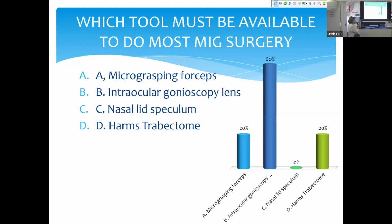All right, so about 60%, the favored answer is intraocular gonioscopy. Nobody wants a lateral nasal lid speculum. I think that's reasonable because I would say you don't need that for most of the surgeries. So we'll go through, and at the end, we'll see how our learning has progressed and where we stand on